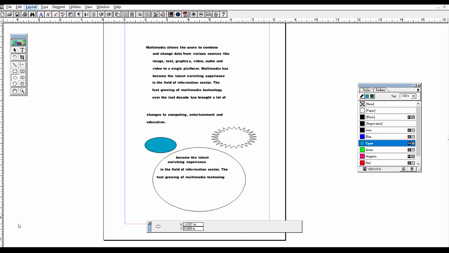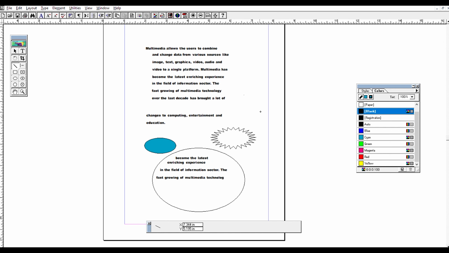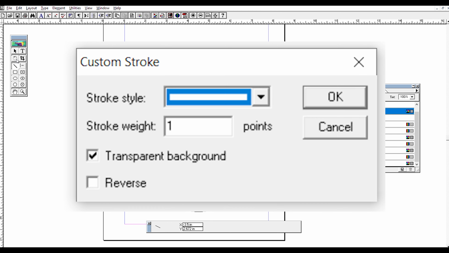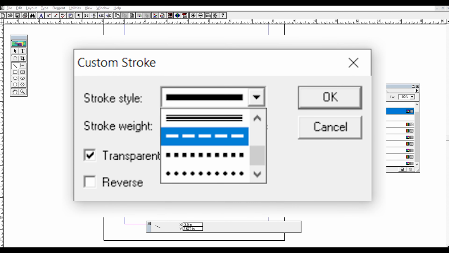Then next we are going to see how to draw dotted lines and so on. How can we draw a line? We can just double click this line tool in the toolbox. I'll double click and the Custom Stroke dialog will come. From here, the stroke style can be changed. See, we have so many stroke styles.